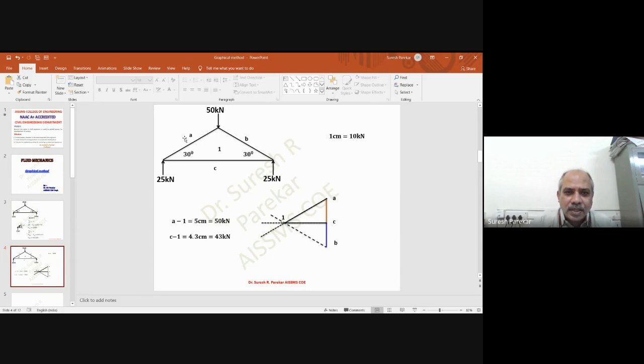So likewise using this A, small b, 1, C, these are known as Bow's notation. And by Bow's notation, when you go for the graphical method of trusses, the length of the truss doesn't matter. We are interested in drawing the lines parallel to the forces. So I have to plot this by using angle. So I made this as 30 degrees and then plotted this A1. This 30 degrees I have measured and then plotted this B1. So these angles we have to plot, length doesn't matter. In this way we have to plot this and then from this we are going to get forces in the members.